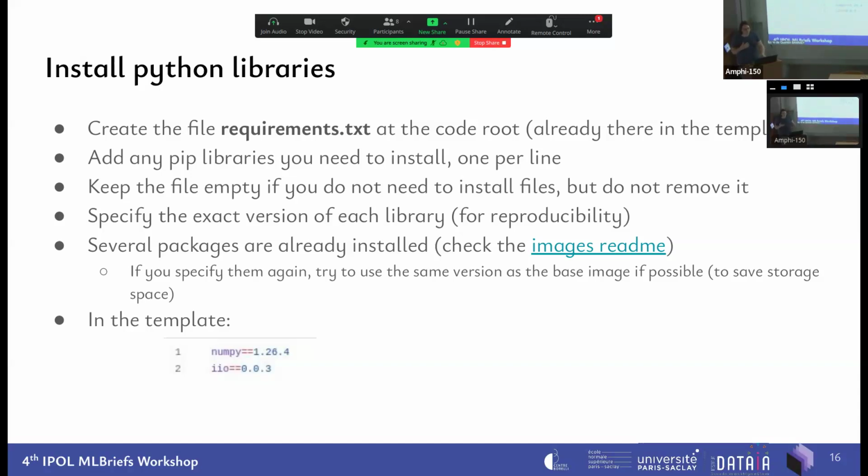Add any pip libraries you need to install here, one per line. If you do not need any libraries, keep the file empty. Again, do not remove it. And an important thing here, specify the exact version you need for each library, which is very important for reproducibility